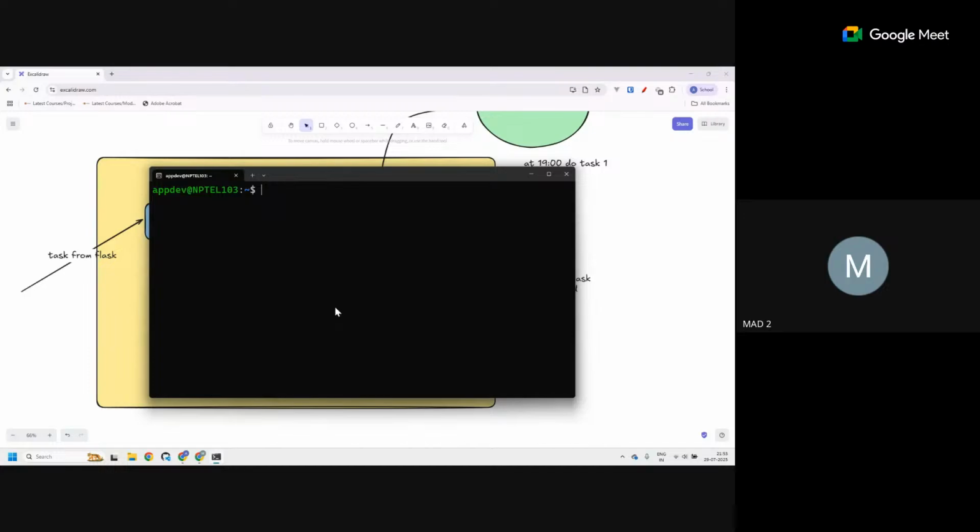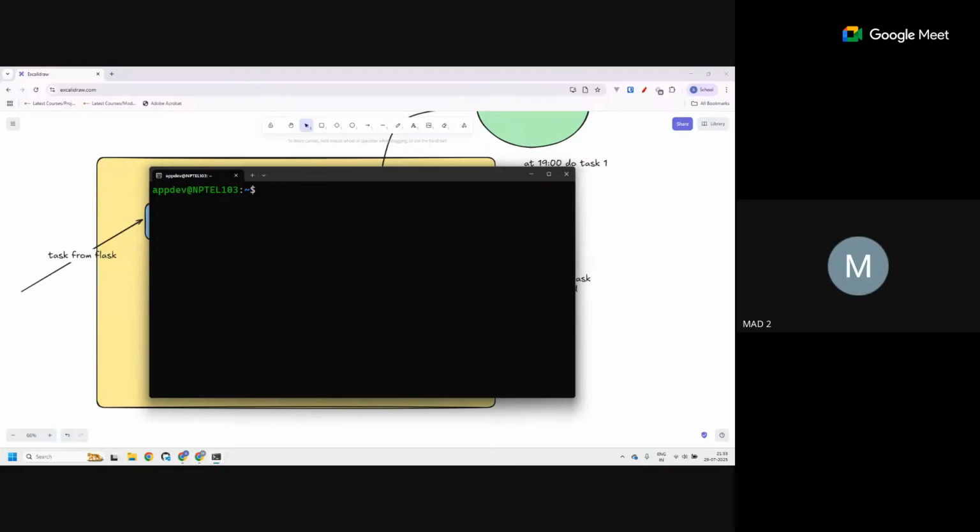The first thing when you come up to this particular screen, you would do update and upgrades. I won't do it right now because it might take a little bit of time. But just for completion's sake, sudo apt update, you do this, and sudo apt upgrade, you do this. This will install Python and other things that are required for your system's upgrade. And after you're done with that,